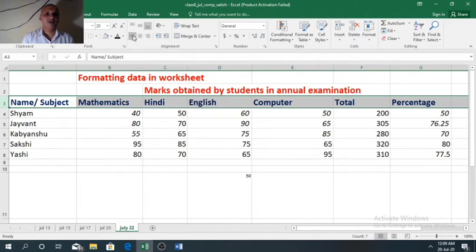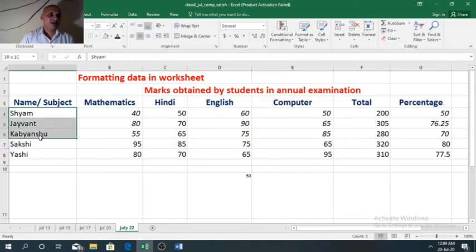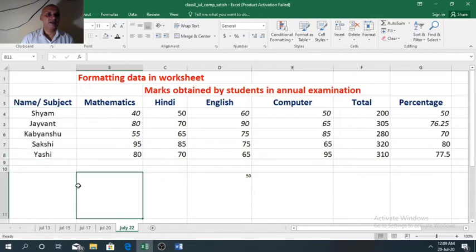So wherever you want, you can align the data. So I am making it in the middle. Similarly, you can align the names of the students. Left, center aligned I have done. For text data we have done the alignment.